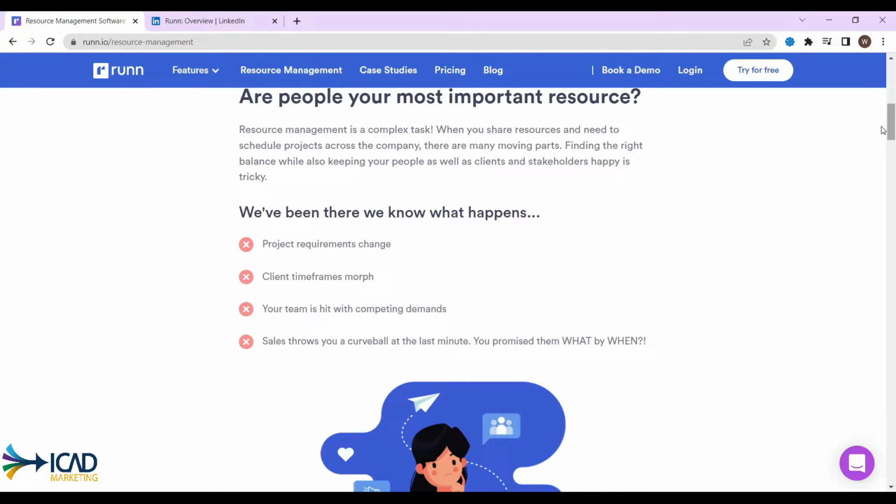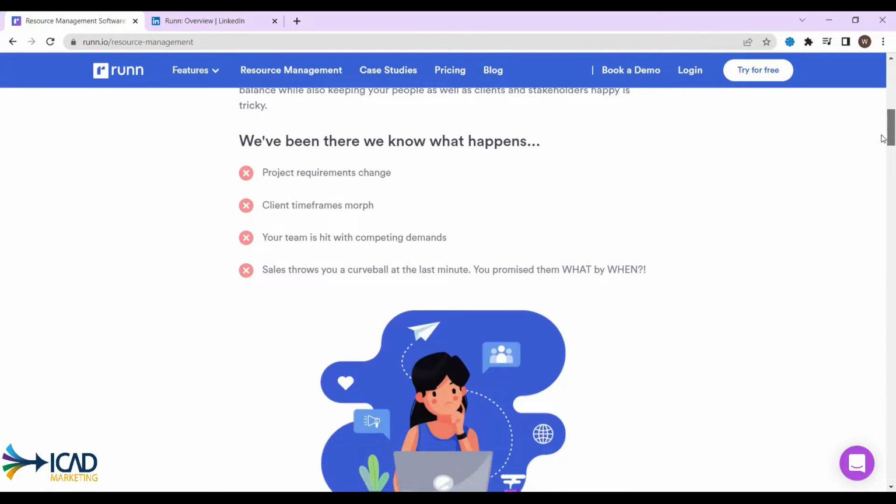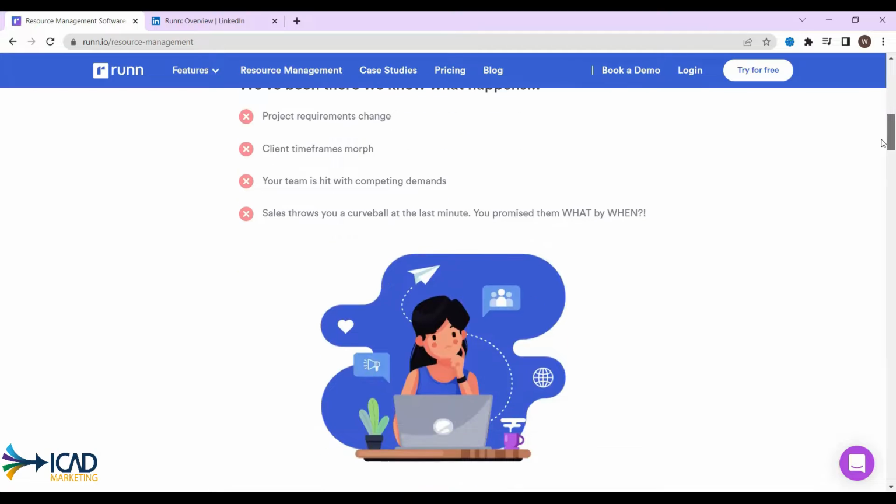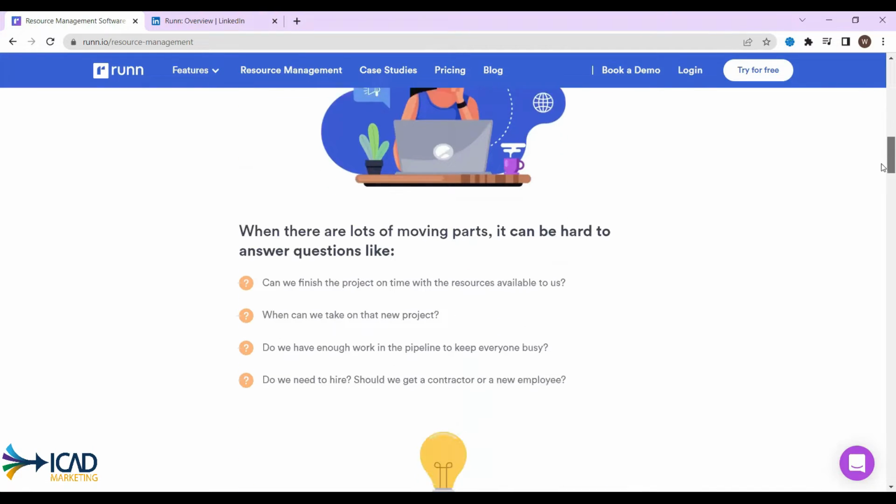So something very specific, but still broad enough that it can apply to almost any one of their target market or target customers, rather than just the generic pain points that any project management tool can really speak on.